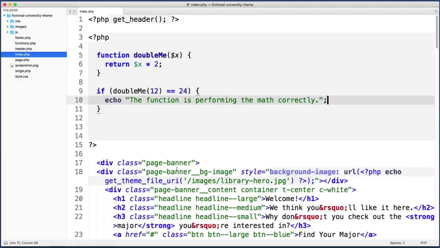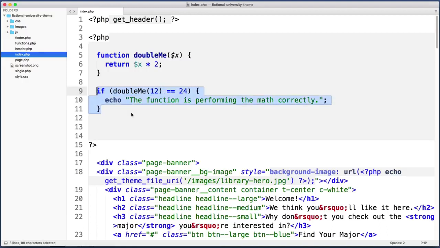Cool. So you get the idea. This is not a real world example. You'd probably never do this. But the idea is that you can use the value that a function returns anywhere. Now before we bring everything full circle and tie this back into the topic of WordPress specifically, let's have a